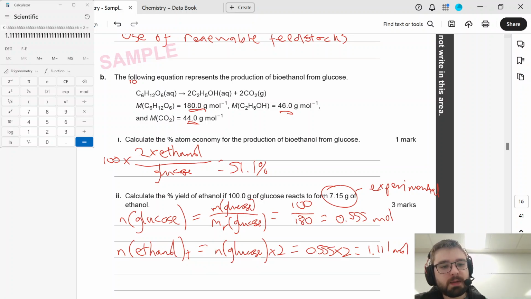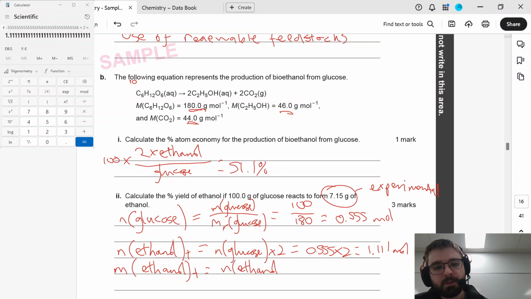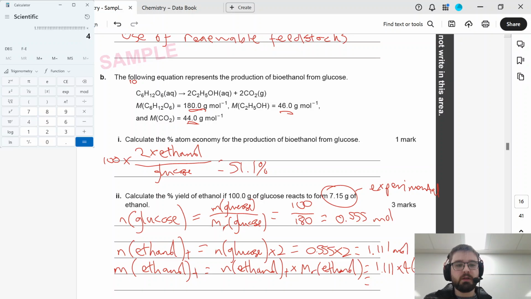And then the mass of ethanol, again theoretical, equals the amount of ethanol, theoretical, times the molar mass of ethanol, which is going to equal 1.111 times 46, which is going to be 51.1